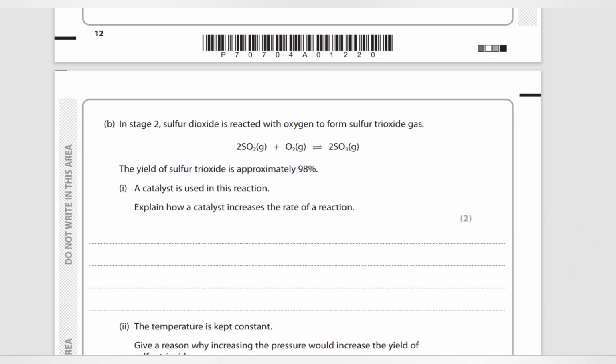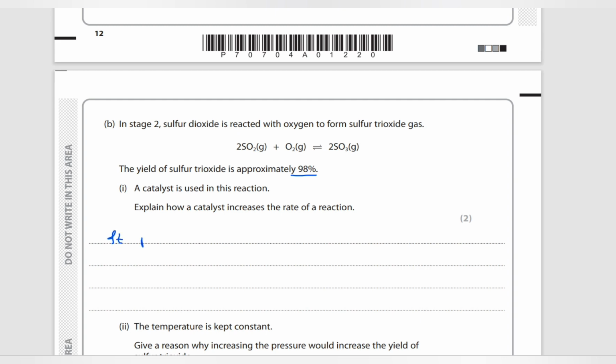Moving to part B. In stage 2, the sulfur dioxide is reacted with oxygen to form sulfur trioxide gas. The yield of sulfur trioxide is approximately 98%. A catalyst is used in this reaction. Explain how a catalyst increases the rate of the reaction. So this is a typical written theoretical answer: a catalyst always provides an alternate path for the reaction and carries out the reaction with a lower activation energy without the catalyst being chemically changed itself. So here the entire definition would be: